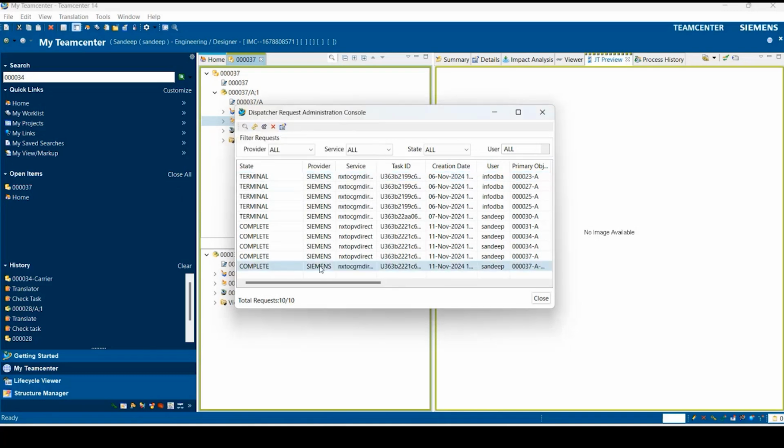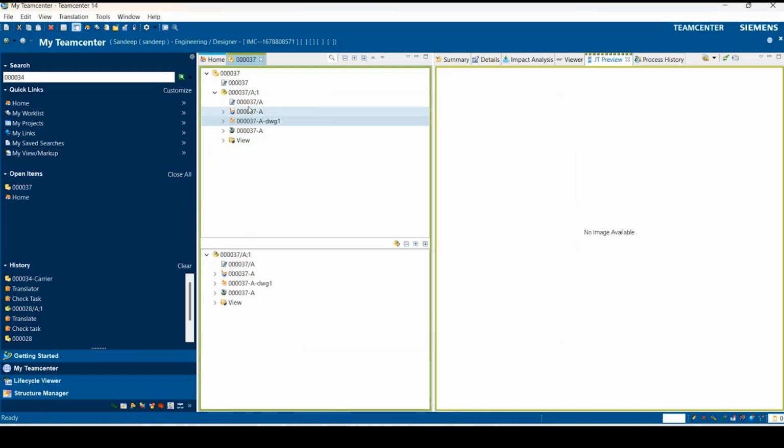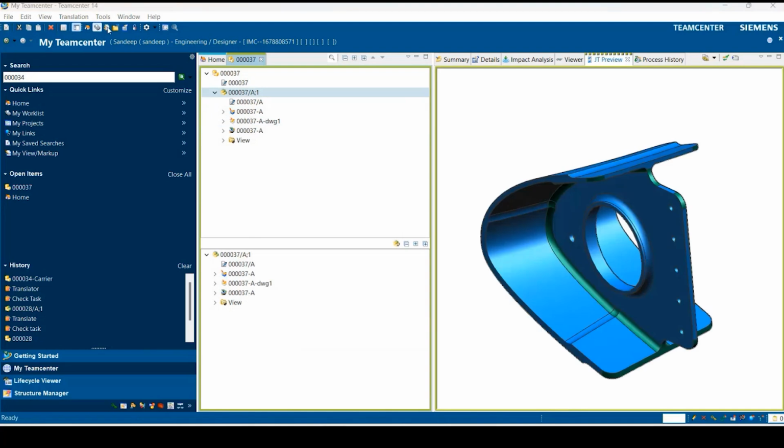The translation has been completed. Come back to Teamcenter and do a refresh. And a PDF has been generated and attached to the item revision. So this is how manual translations work in Teamcenter, and they offer several key advantages to improve productivity and data